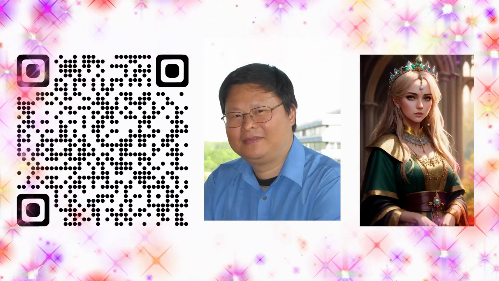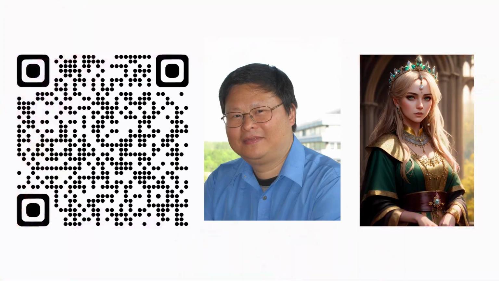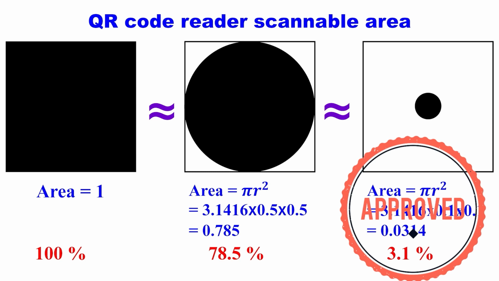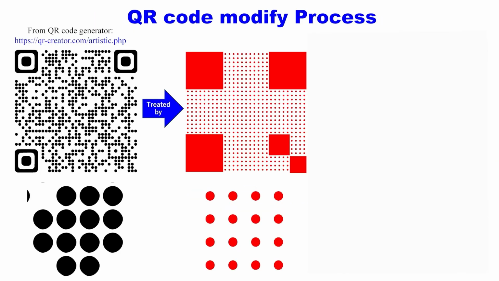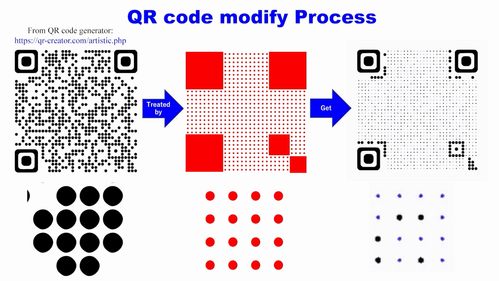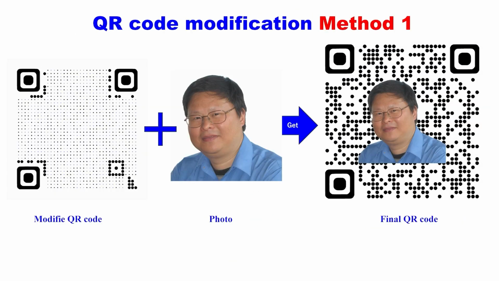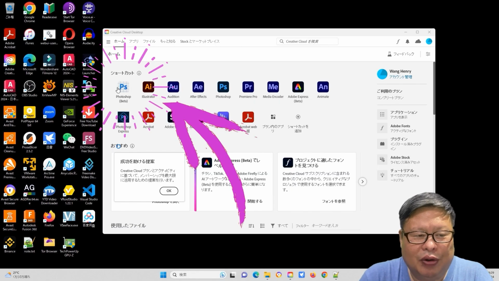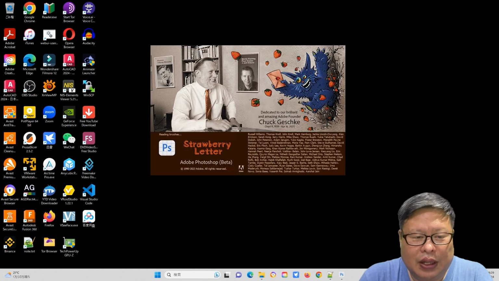Now let's proceed to generating artistic QR codes using QR codes and images. As mentioned earlier, the effective area of the QR code is mainly in the center. The QR code mask we use has smaller borders compared to the original QR code. By applying this mask, the final QR code will have a significant amount of empty space, allowing us to incorporate the image effectively. To begin, open Adobe Photoshop, preferably the beta version, as it contains AI functions that we will